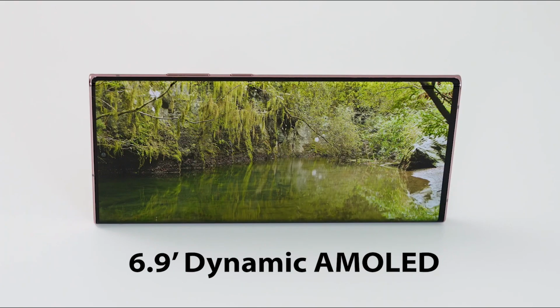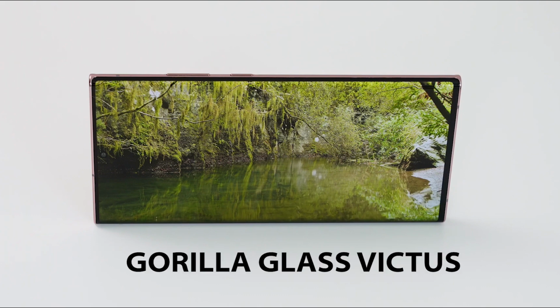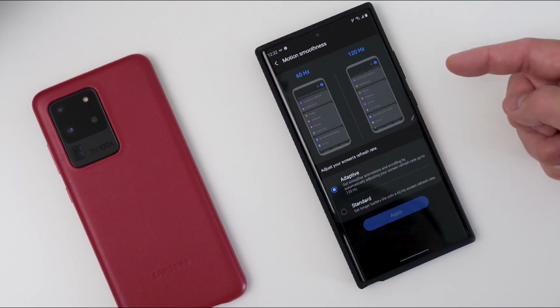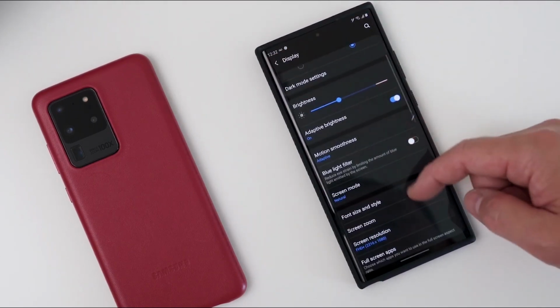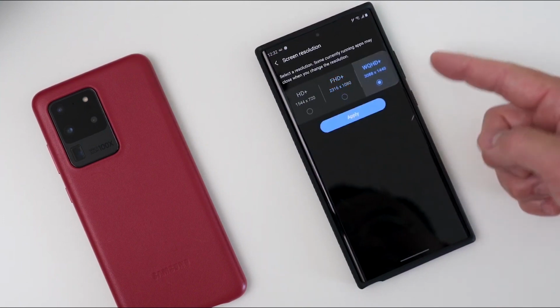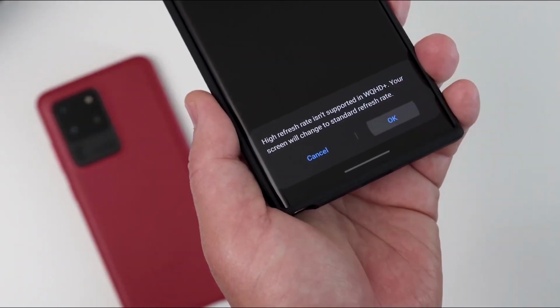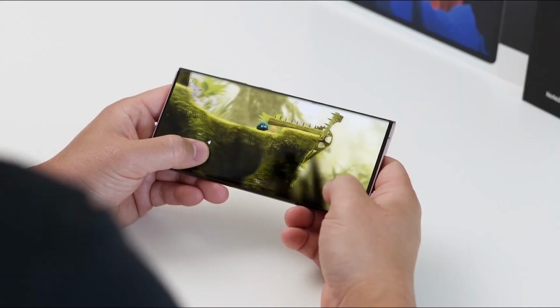Starting with the display of both devices, we are going to find a 6.9-inch Dynamic AMOLED display in the Galaxy Note 20 Ultra 5G, and it comes with Gorilla Glass Victus protection, which is 2 times better than the previous generation of Gorilla Glass. HDR10 Plus support and a 120Hz refresh rate are included inside the display. With that being said, 120Hz is available on Full HD Plus resolution rather than on QHD Plus. It has a variable 120Hz refresh rate, and it can change between 1Hz and 120Hz